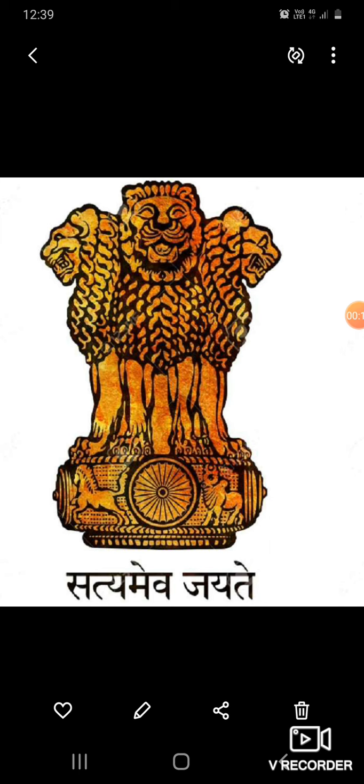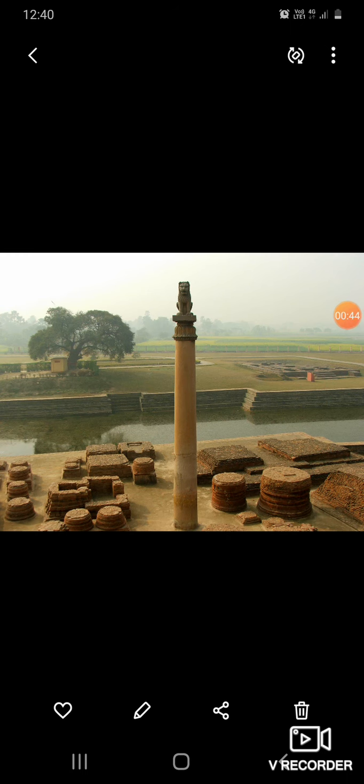You can see the picture there, that is our national emblem. Maybe you have learned in the small classes about our national emblem, national bird and national animal. Again let us remember that. You see the picture, it is the true version of the base portion of the Ashoka pillar at Sarnath. I'll show you the Ashoka pillar at Sarnath. This emblem has been taken from this Ashoka pillar, and as its base, lions are there, and this is called the lion base.